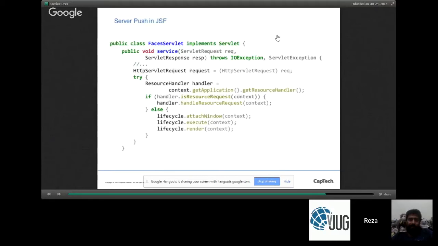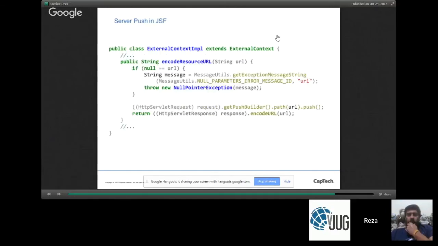So JSF, the main JSF implementation depends on something called Faces Servlet. The nice thing about JSF is JSF knows about resources. We added this feature in JSF, I believe in JSF 2.1, and so in Java EE 7. So basically, JSF knows that for a given JSF page, there's a number of resources that are registered for that. So when it serves up that JSF page, it can also transitively serve up and do a server push on those dependent registered resources.